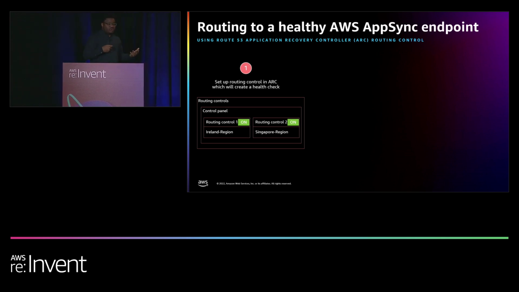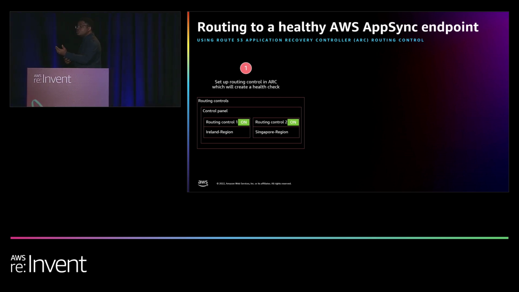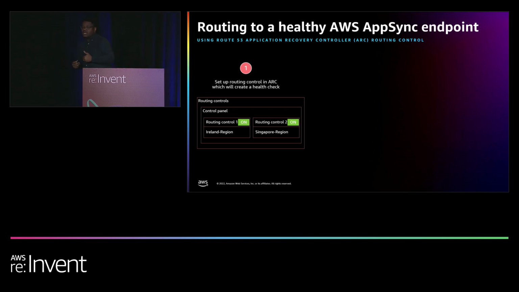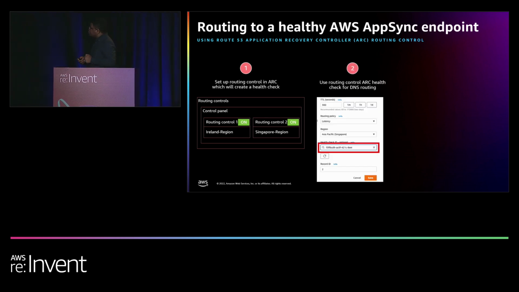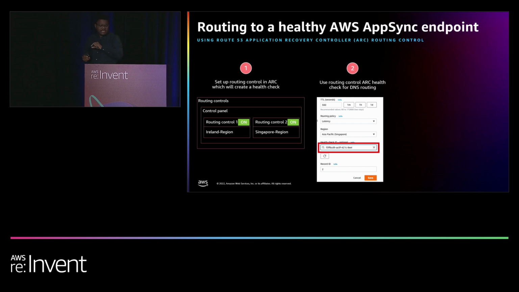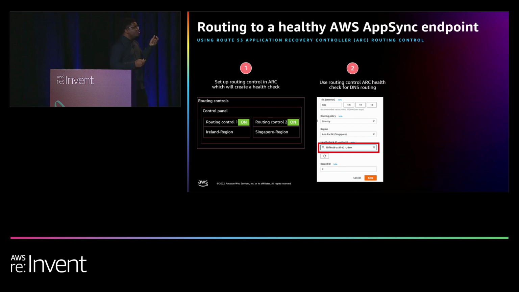And what Application Recovery Controller will do is to create 2 health checks for these 2 routing controls you've created. So when the switch is turned on, the health check will be unhealthy. And when it's off, the health check will be marked as healthy. So once you get this set up, remember the DNS we talked about previously for latency-based routing, that DNS that routes your record either to the Ireland or Singapore region. While setting up that DNS record, you can use the health check created by Route 53 Application Recovery Controller